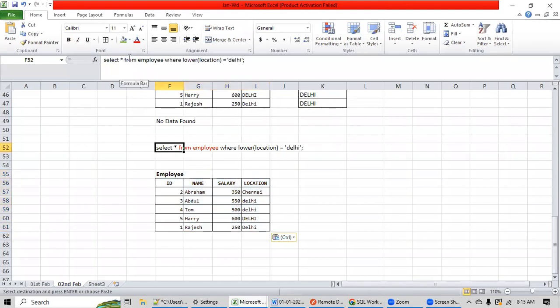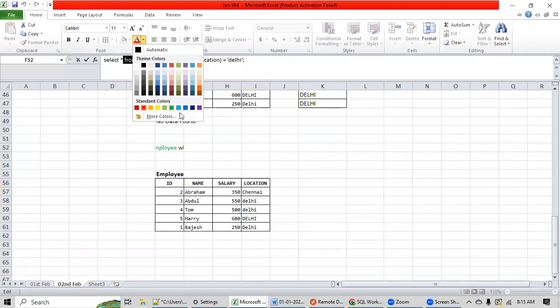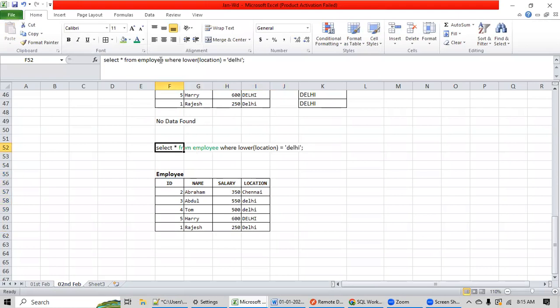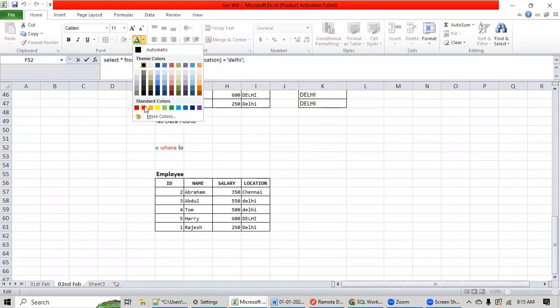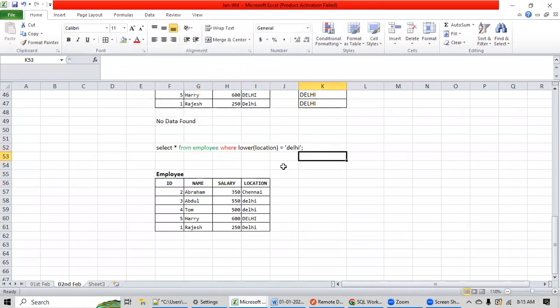After FROM, which keyword will you execute? The WHERE keyword. What is the task of WHERE? When you are working on the assignment, do it in this way only. Suppose you are teaching yourself that next is WHERE, which acts as a filter. After WHERE, what have we written? Lower location.